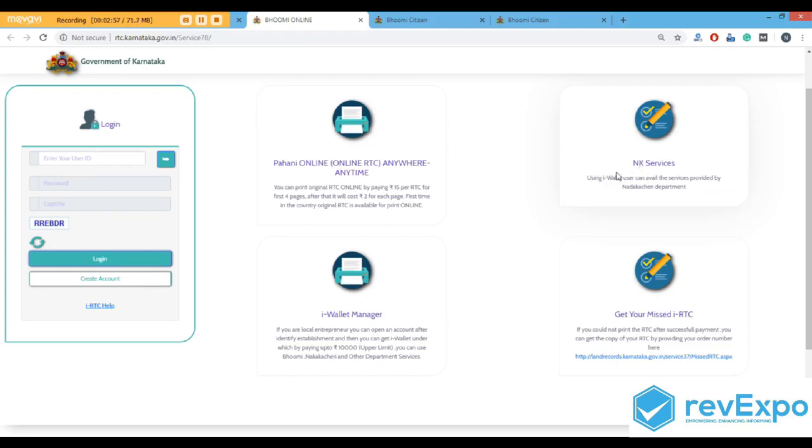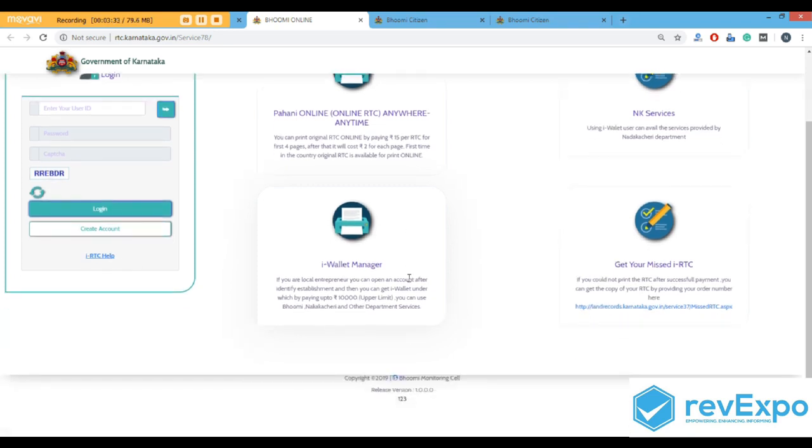You can use this as wallet, and you can use this Nada Kacheri department services here by using this wallet, and you can also store an amount of 10,000. If you are an entrepreneur, you can open an account by providing all the proofs and get an iWallet, under which by paying up to 10,000 you can use Bhoomi and Nada Kacheri and other department services over here.